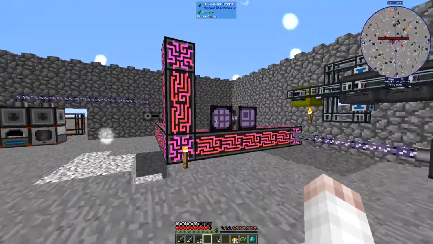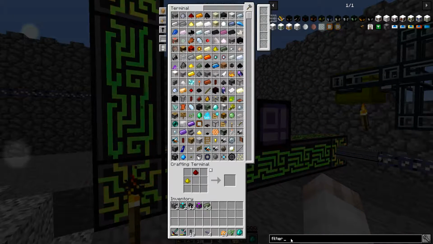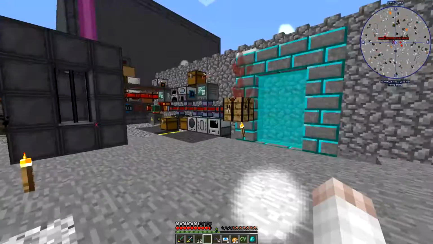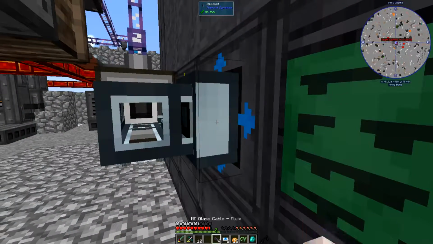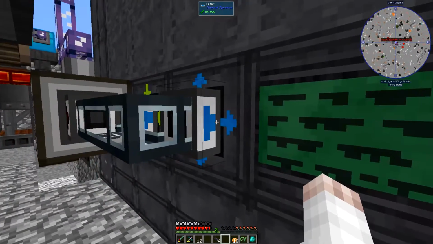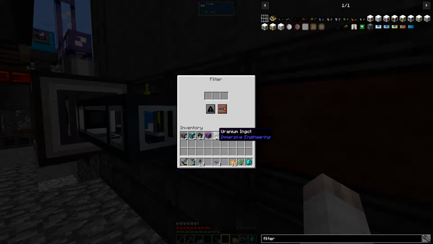Let's go grab a filter quick. So I guess I'm gonna need a couple of them, aren't I? Filter. Again, I think iron should do the trick. Only have a couple things we need to filter out. So one here, and then there. Good. And if we blacklist...